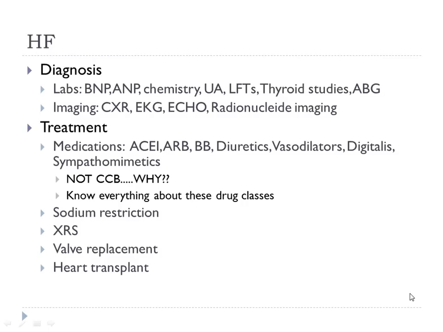What's the mechanism of action? That's a good guess, right? It prevents the conversion of angiotensin 1 into angiotensin 2, right? Well, what does that mean? Angiotensin 2 is a potent vasoconstrictor, right? So in essence, we're preventing vasoconstriction. It also helps with the perfusion of blood through the kidneys, and that's why it's a good choice in heart failure, because it can help prevent renal failure and help the perfusion of the kidneys, right?